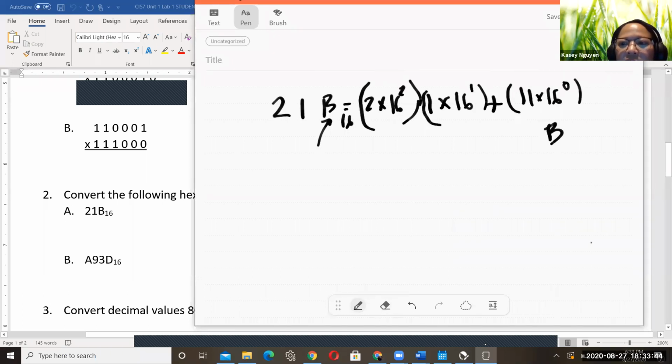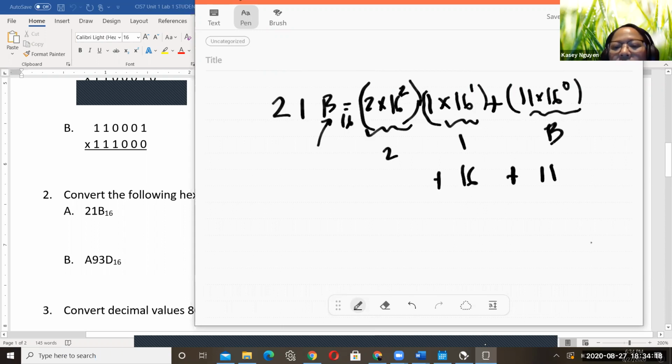So this represents B, this represents 1, and this represents 2. Okay? So we know that anything to the power of 0 is technically 1. So that's 11, because 11 times 1 is 11, plus 1 times 16 to the first, which is 16,